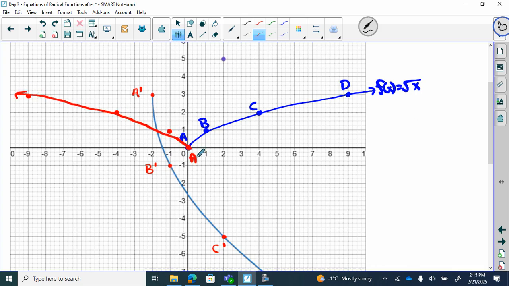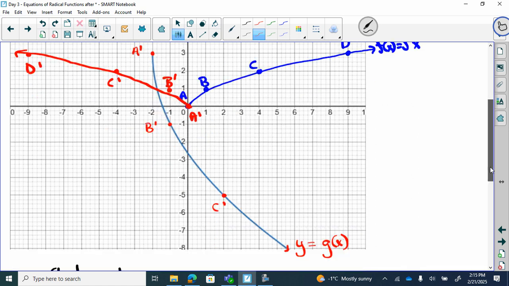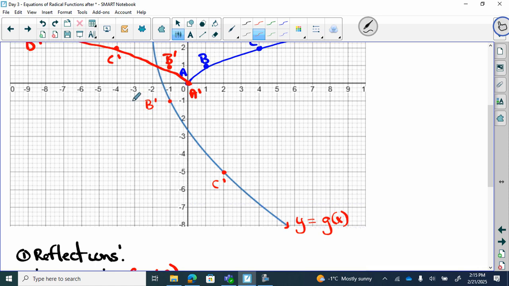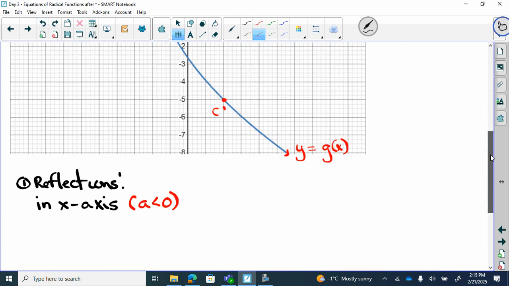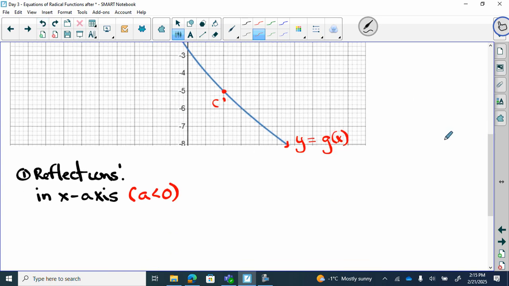Does my transformed curve point to the left? No, it doesn't. So is it reflected in the y-axis? No, it is not. So there is no reflection in the y-axis. My b value should be what? Positive. Cool? On to step 2,